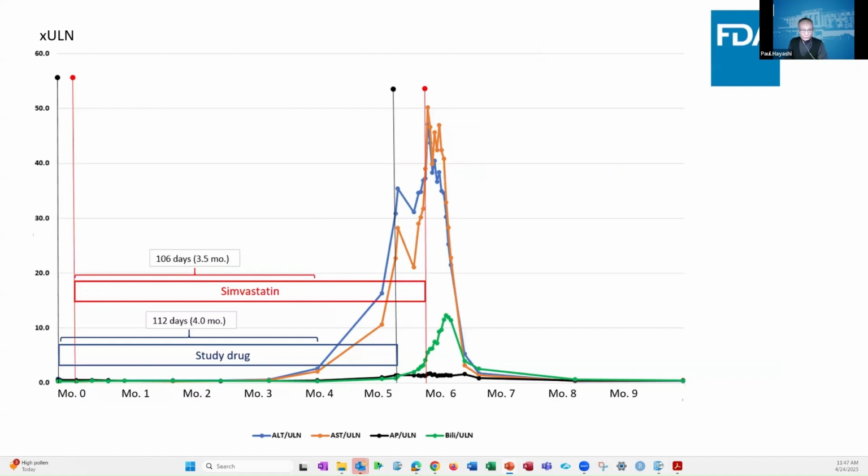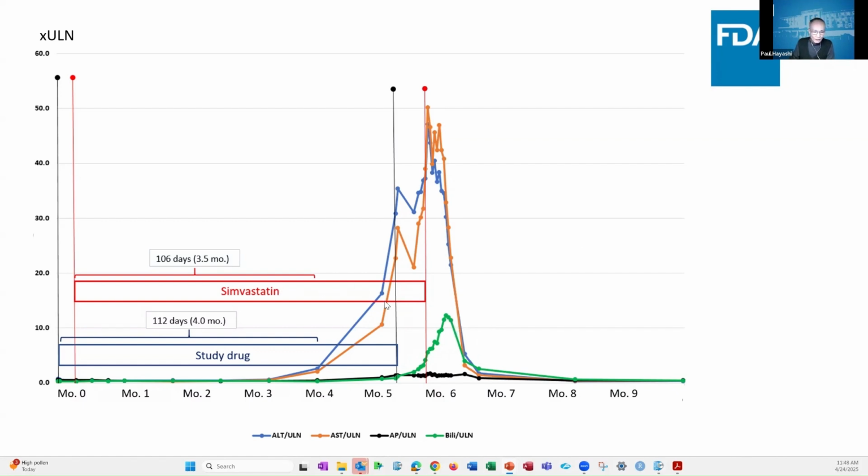A line graph. So you'll see us ask for this. I show you this one because this line graph actually ended up, so to speak, exonerating the study drug. So what we had with this particular case is we had tabular data of the liver tests, and they told us when the drug started and stopped. And when you looked at the tabular data, it looked bad for the study drug because clearly, the enzymes went up, got jaundice, clearly a Hy's Law case.